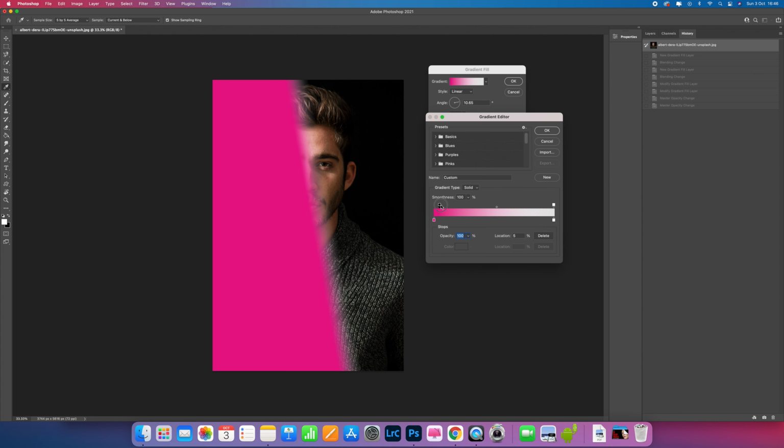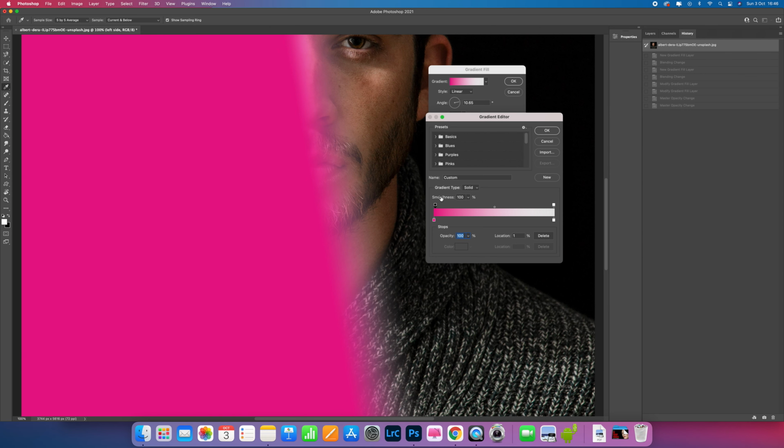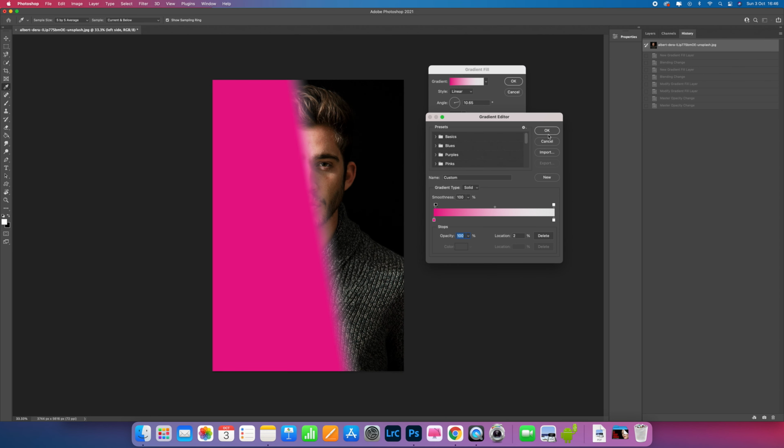And what you can also do is on the top here, this little black box here, you can slide that as well, and you'll see what that does. It starts to blend in the light a little bit more. So if I go in a little bit closer, you can see what it's actually doing to the face there. You can see how that is blending across a lot more. So sometimes you can do that as well, and it's quite nice because it can just blend it and make it look a little bit more realistic. So once you've done all that, press OK,